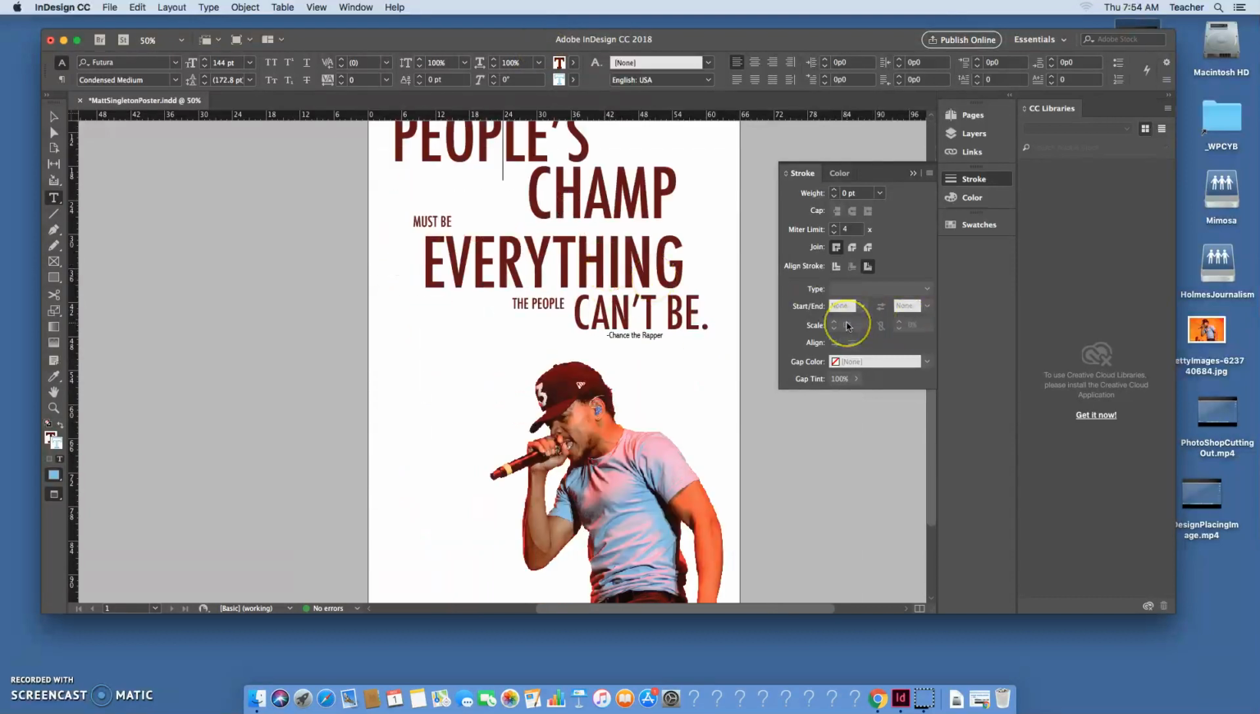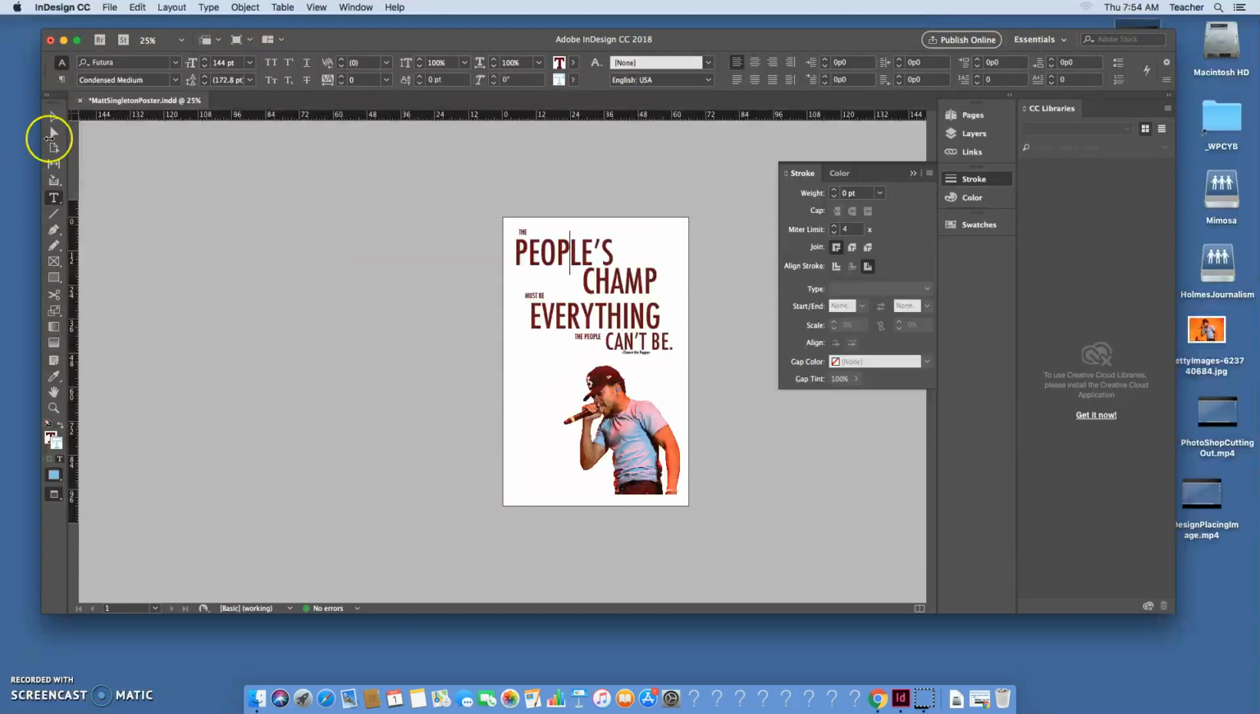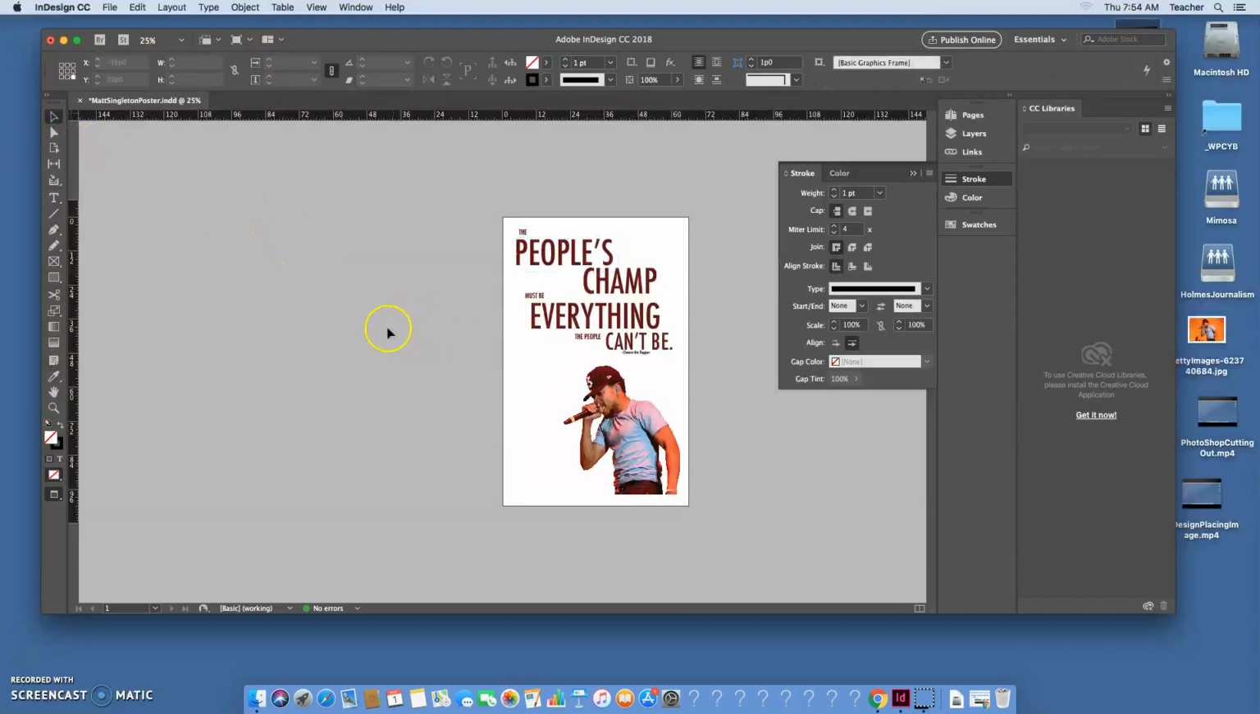But let's say you say, hey, I want to add a background to this. So what you're going to do is come over here and grab the rectangle tool. Remember, if you hold down, there's an ellipse tool which creates circles and ovals, and a polygon tool, but you want the rectangle tool. And you're going to go up here and draw a box the size of the whole